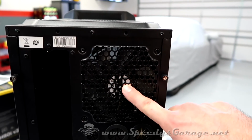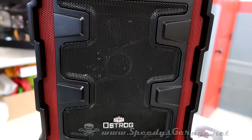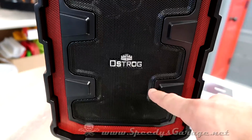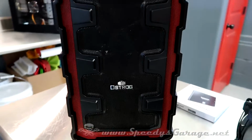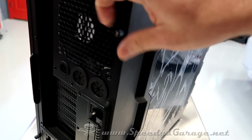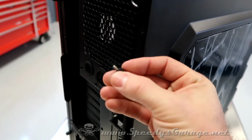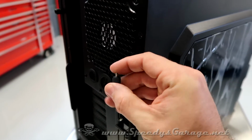120 millimeter area for exhaust fans, plenty of space for add-ons. The front intake fans are 140 millimeter, so that means they'll be a little bit more quiet than your standard 120. To open the case, it's a couple of thumb screws on the back. And the only thing I've found about this case that I really wasn't wild about is they don't have these captive